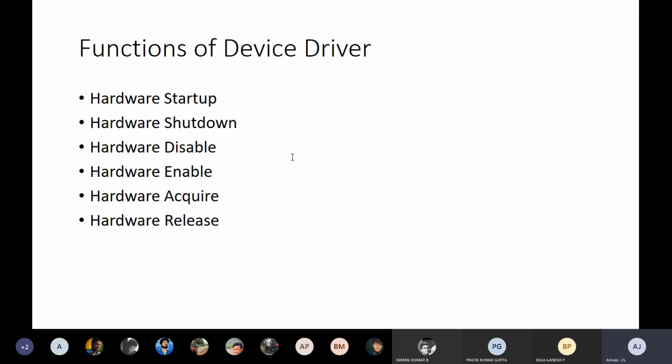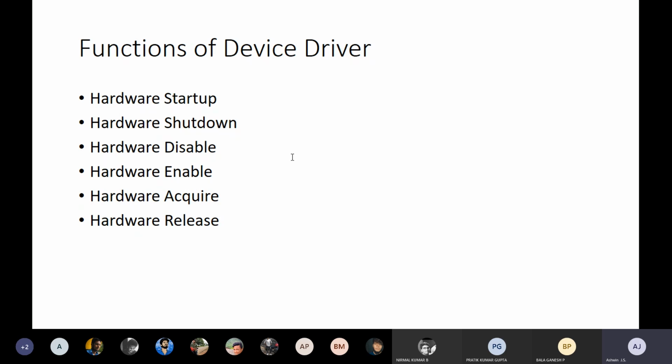For example, one printer is connected to multiple computers. Which computer has to connect? I will lock: if I give a print to one computer, it will process for that computer at a time. If any other computer requests access, it won't give permission. So it is locking and giving access to only one particular hardware.